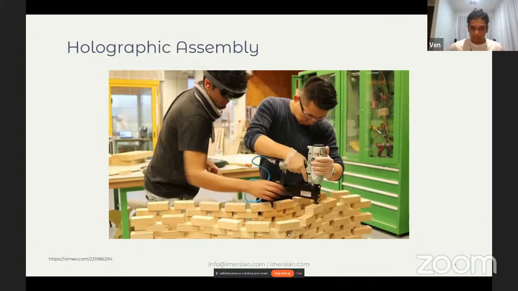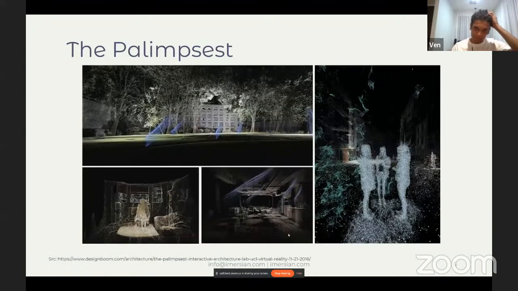So this was my second real interaction with something holographic and AR essentially, which was another exciting project. I think the final one is a unique one in the sense that it's called a palimpsest. I think they published on Design Boom back in 2016,